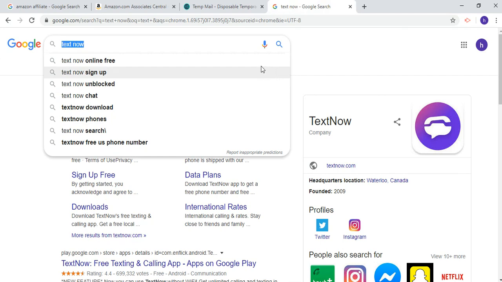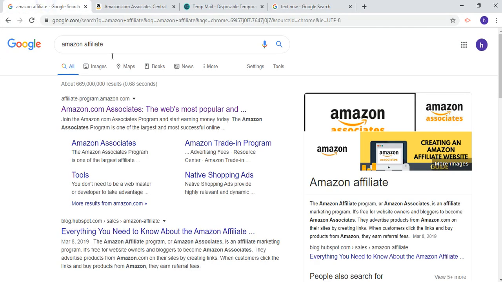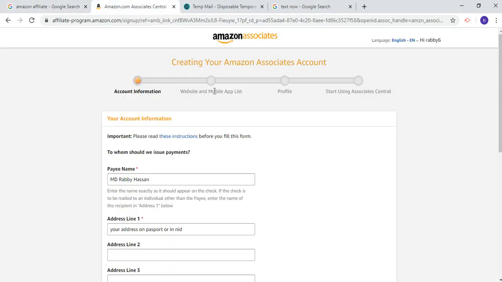You can also make your own blog, and you can post approximately 8 or 10 posts on that. Then you can provide it as your website. In the mobile app list, if you have an app, you can provide the link, or if you don't have one, just ignore it. After that they will ask how much traffic you have on your website. Just select the medium, 3000 to 5000. And after that just complete the profile and start using the Amazon